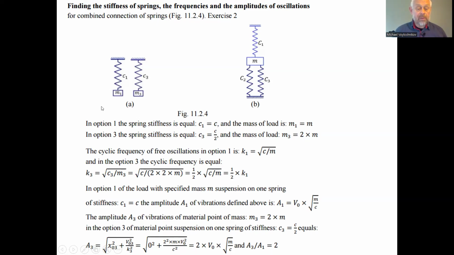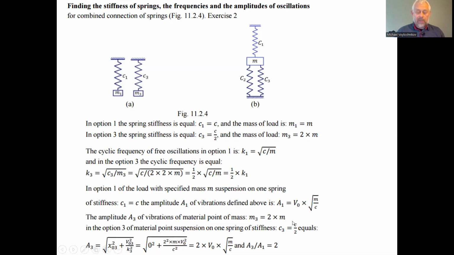In option 1, the load of the specified mass is suspended on a spring of stiffness C1 equal to C. The amplitude of the vibration depends on the initial conditions. It is obvious that the amplitude of free oscillations of the load depends on the initial conditions, and we assume that